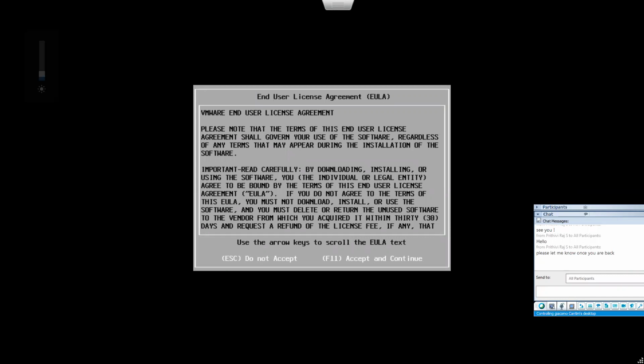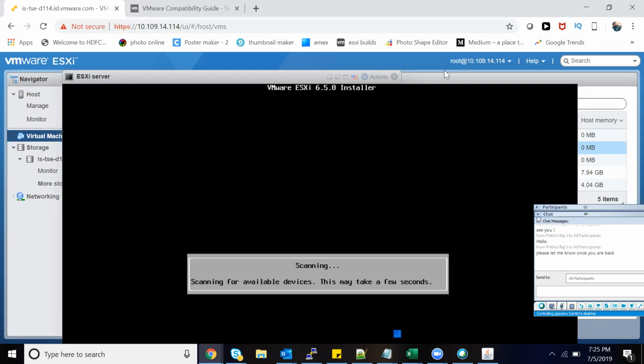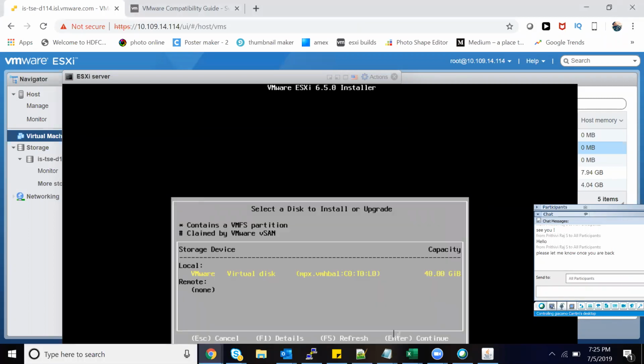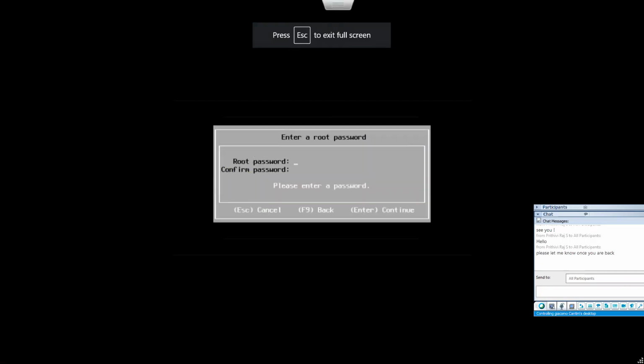So I'm just going through the installation once again. Local disk, English, password.